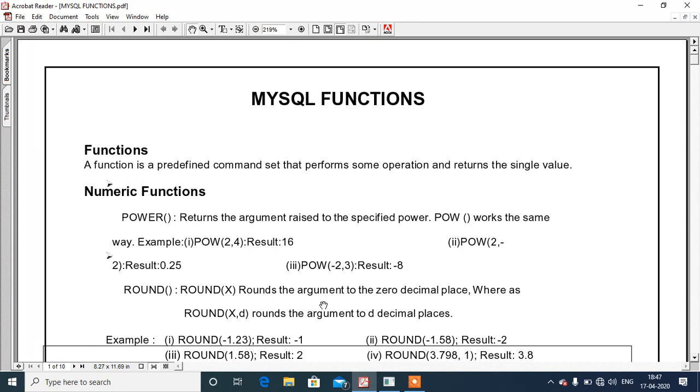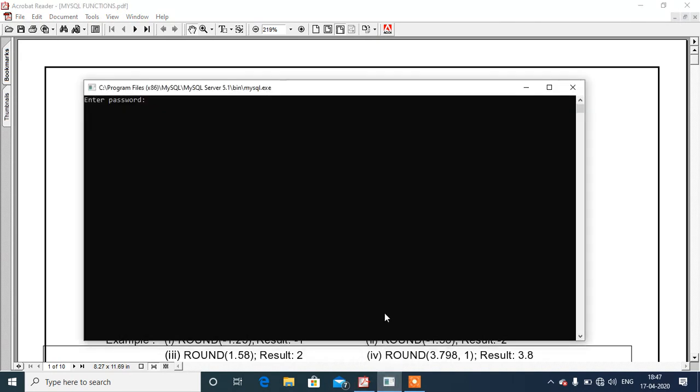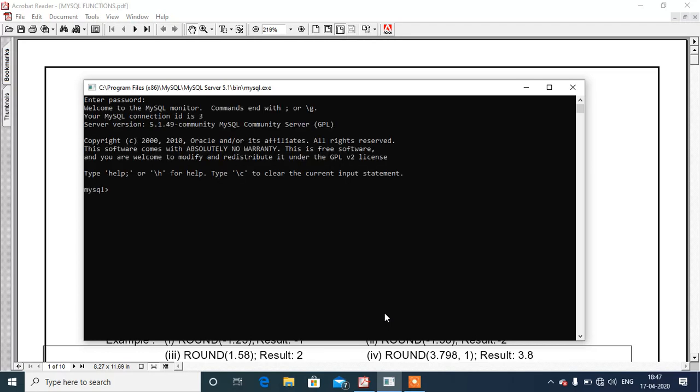But before starting MySQL functions, let us talk about how we can proceed with SQL. So first of all, you have to open the MySQL command prompt and then log in to it. Now, when the MySQL prompt appears, you can start typing your command. But before proceeding, first you need to create your database.